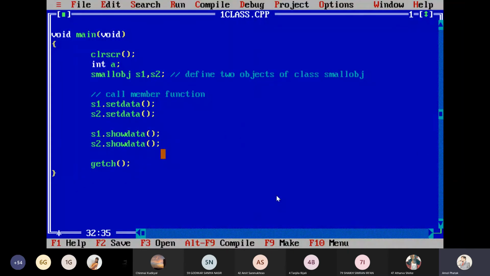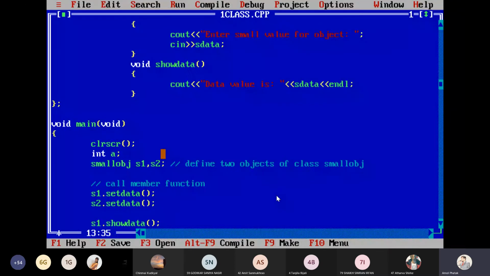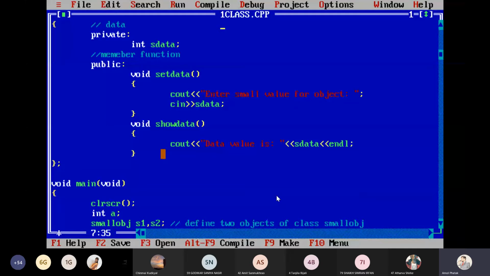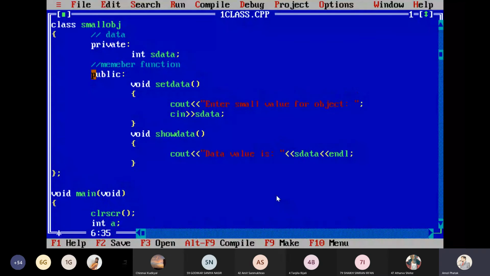Just 1 minute. What we are going to do in this particular case is, as I said, in general, this is the general way of defining the class. And as I told you, the way that we generally use classes is that the functions are public and the data is private. The reason is that it gives an additional feature called